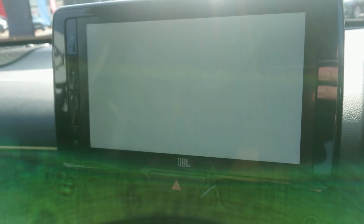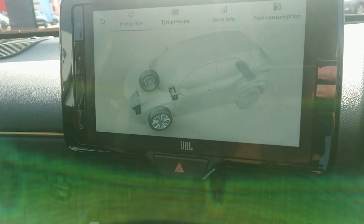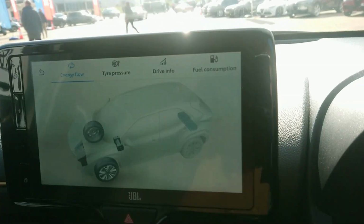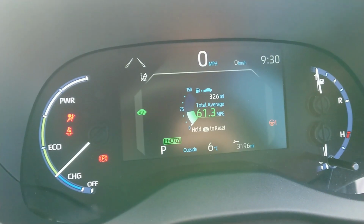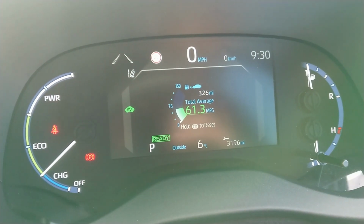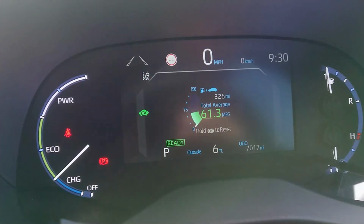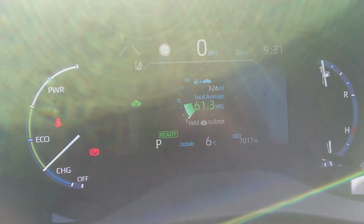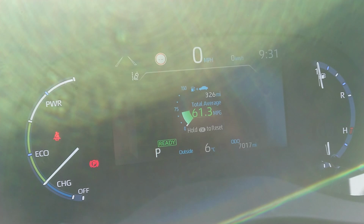Vehicle. What's in here then? Energy flow. Very good. Although we don't really have the thing on. So if I push the brake pedal down and press this button here, so we're on. Okay. The average fuel economy so far, 61 miles per gallon. That's really, really good. Everything's sort of lit up now. So you've got the power, eco, charging. Oh, car's definitely on now. The engine's kicked in,